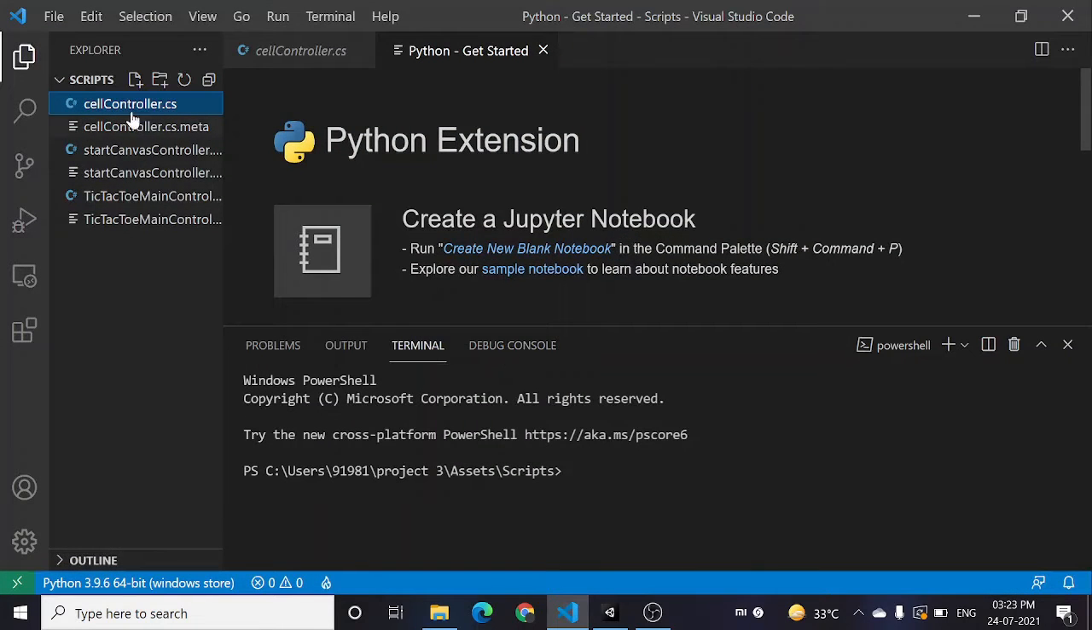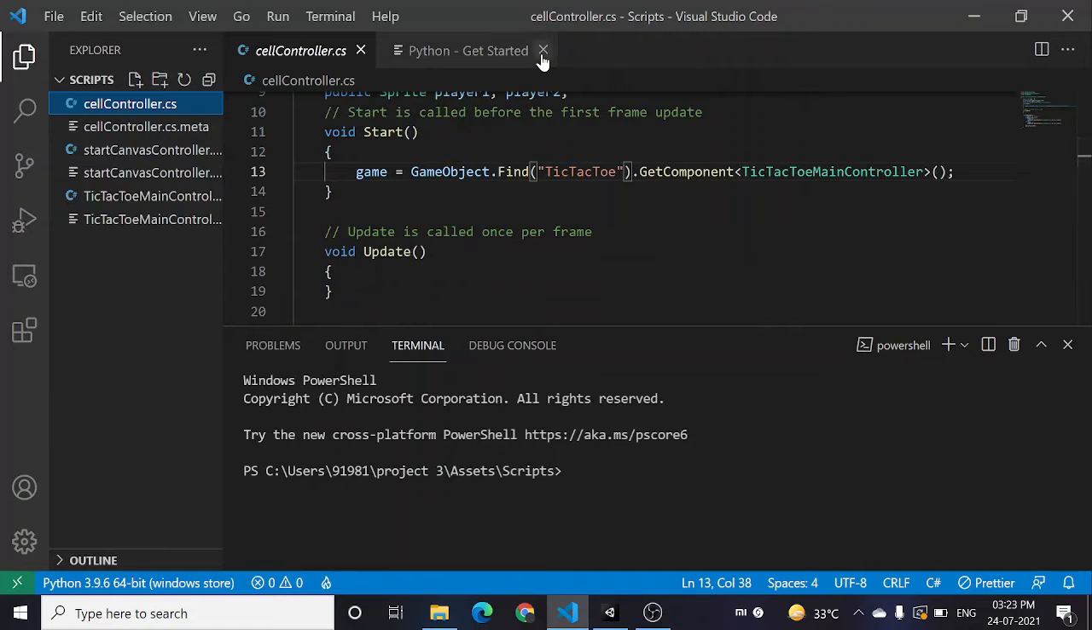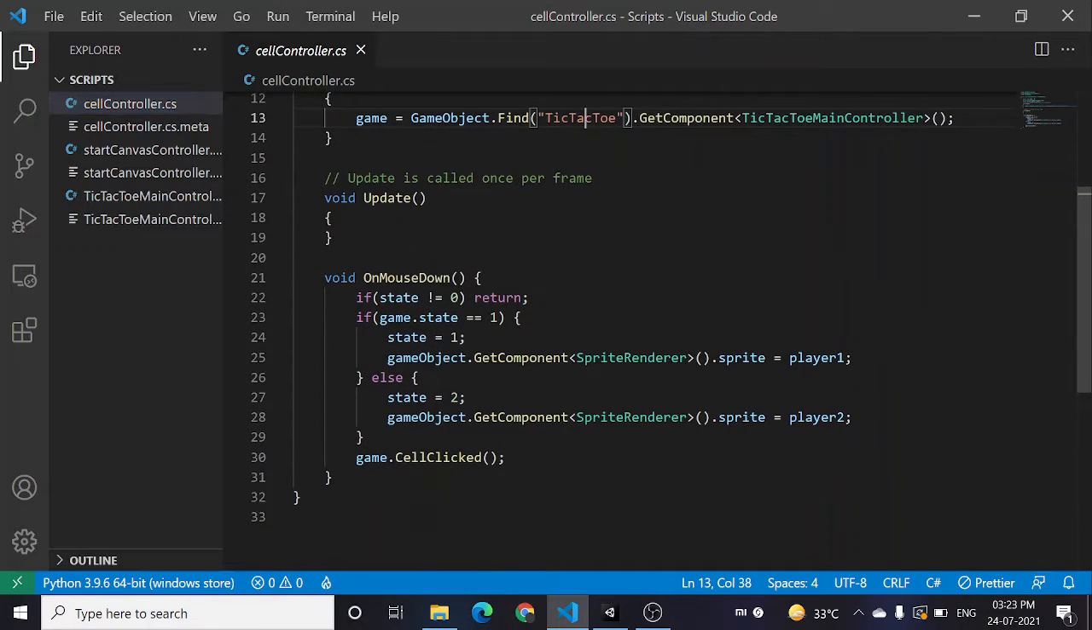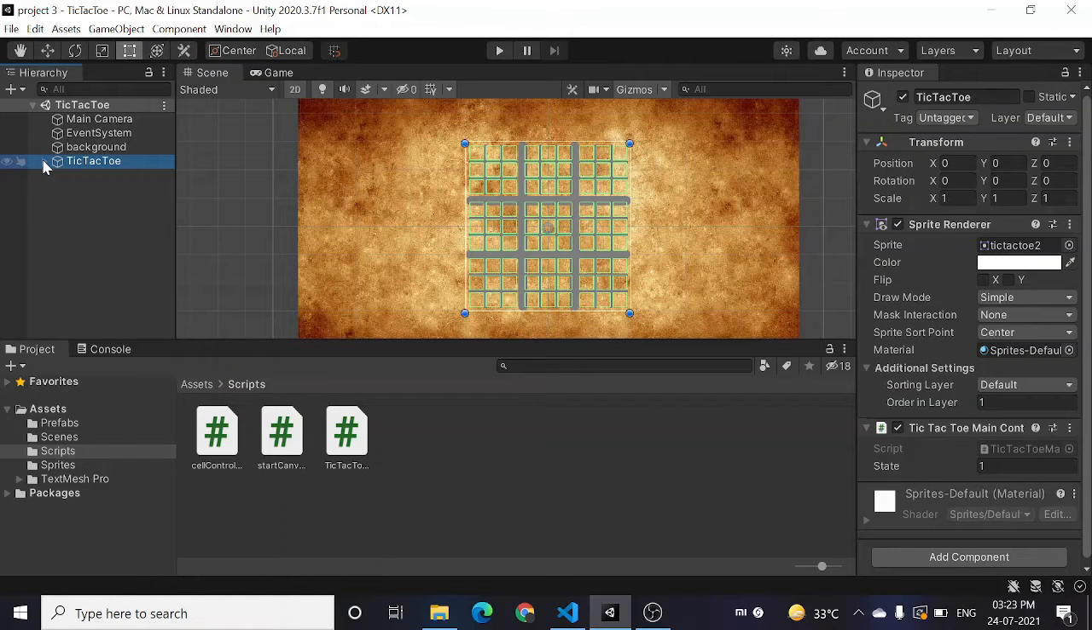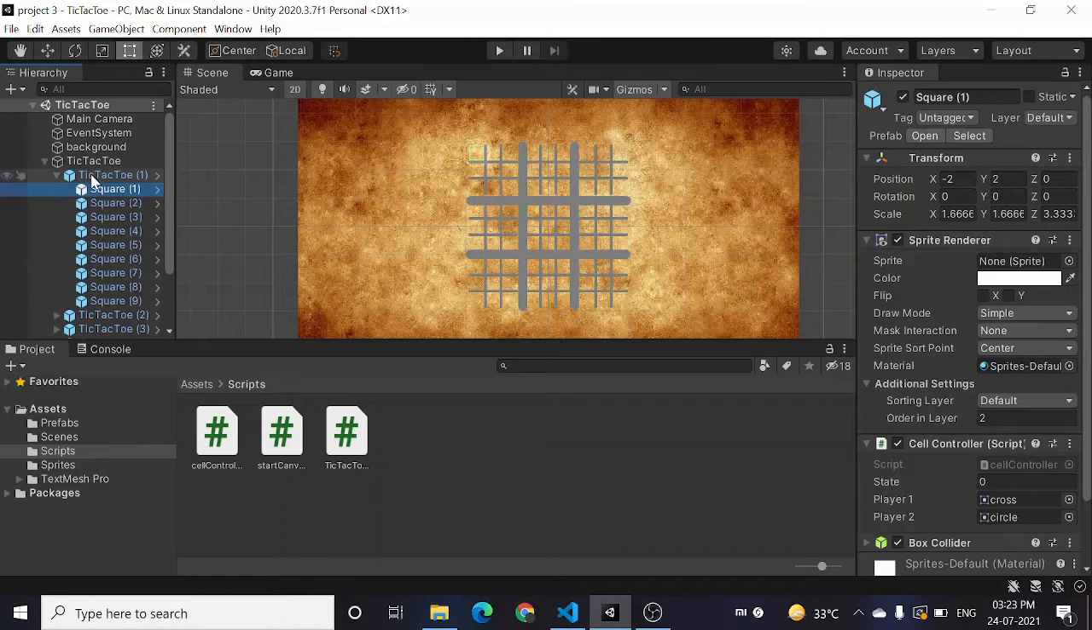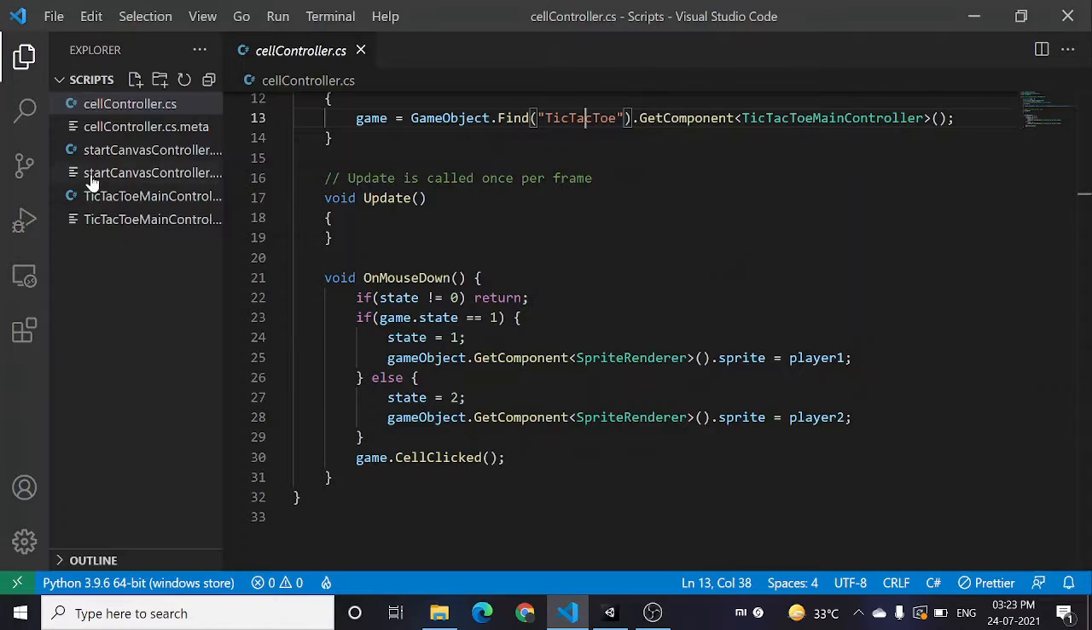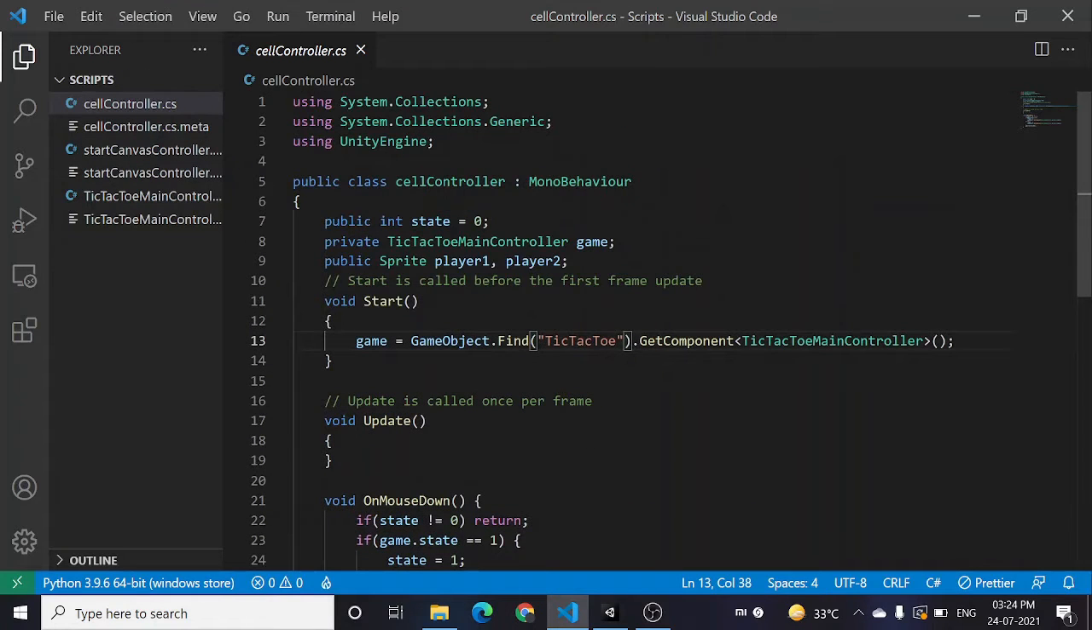So firstly, in the script, we have the cell controller. And in the cell controller, what we want is to send a signal to the parent of this cell regarding the clicking of this cell. So we want to notify this tic-tac-toe one that square one was clicked. So for that, square one needs to have information about the parent, and for that, what we'll do is we will create a